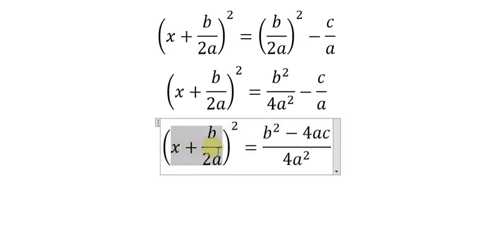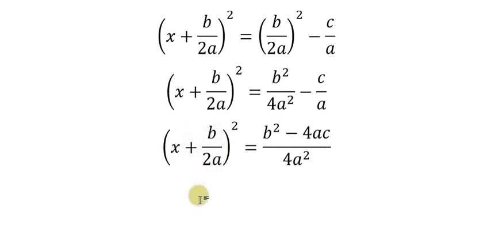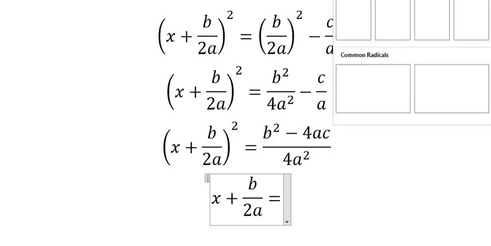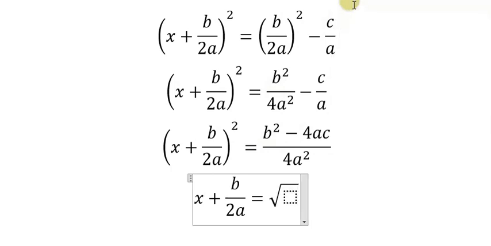So at this point, we have x plus b out of 2a, and that should be equal to the root of all that we have here. That is a positive and negative root of all that we have here. So in that case, let's see what we're going to do. At this point, we need to insert something here. Let's see. So we input this,